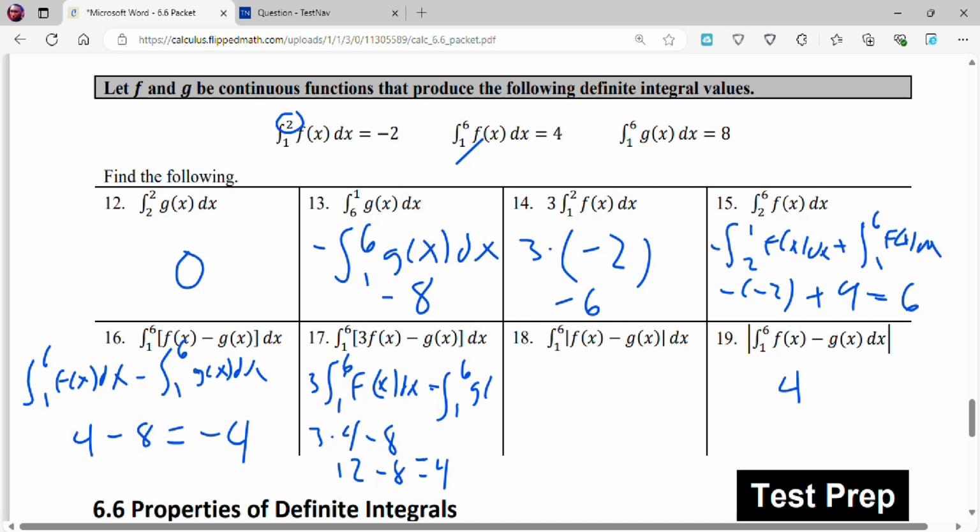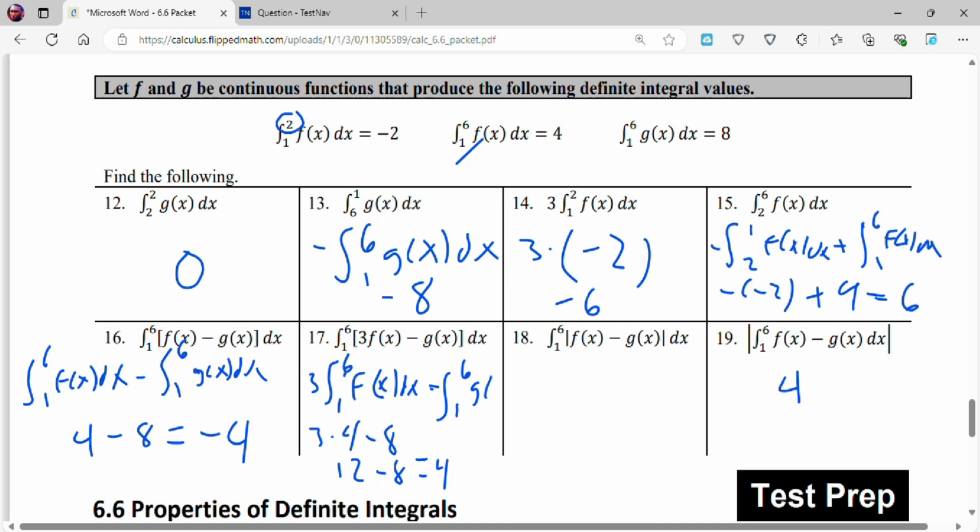But looking at it closer, I don't really know if we can make that assumption. We don't know what the graphs of f of x minus g of x look like. That could totally change how we view this problem if we had the graphs. And so I don't think with just 2 values,